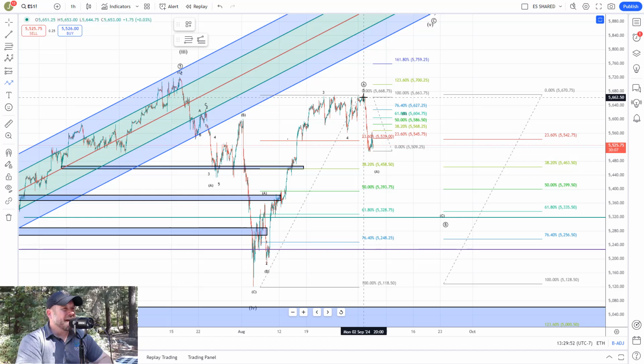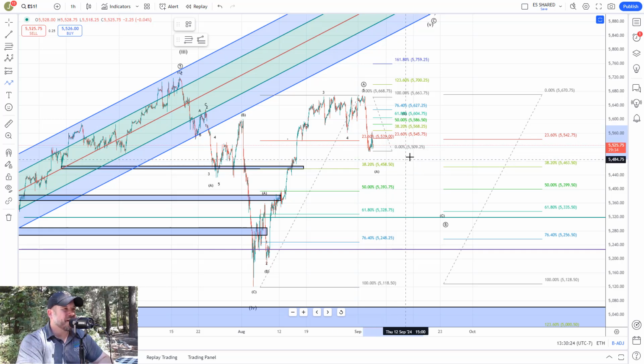The bounce today looks a lot like a wave 4, whether it's wave 4 of A, because A waves can be 5 waves, or it's a wave 4 of C of A. But either way, it's a wave 4. And then we're looking at the potential for this to be a wave 5 of A down into that 5460 area. From there, we'd look for a small bounce back up towards the 5560 to 70 area, and then down